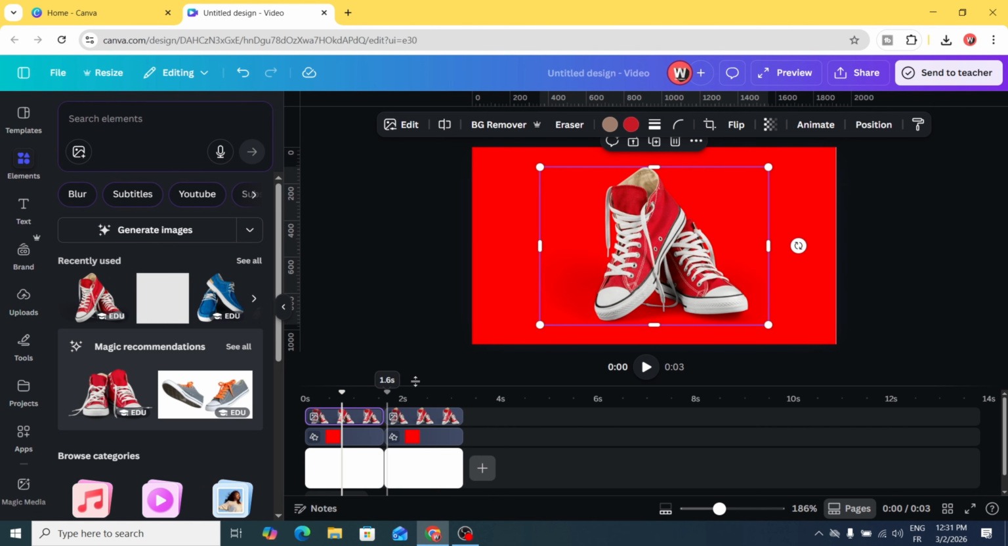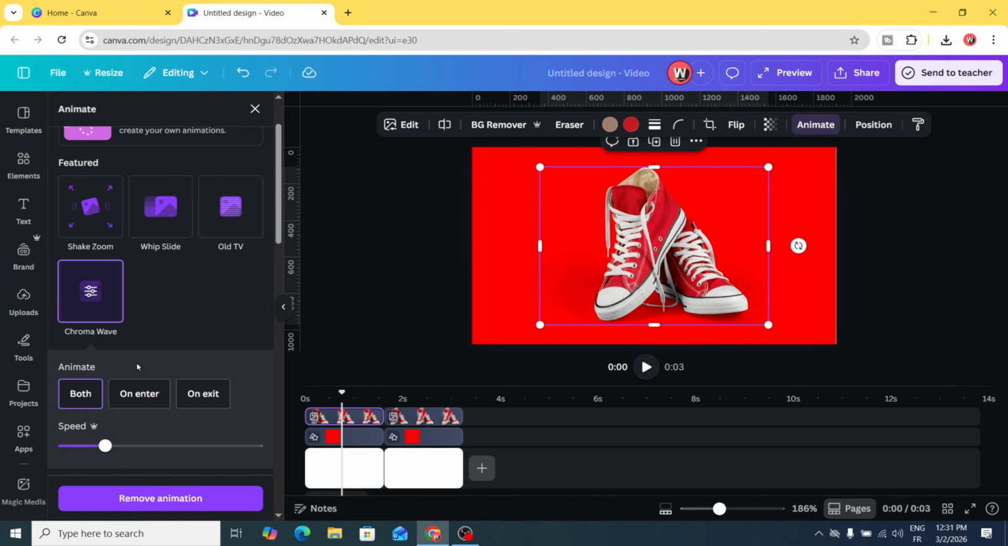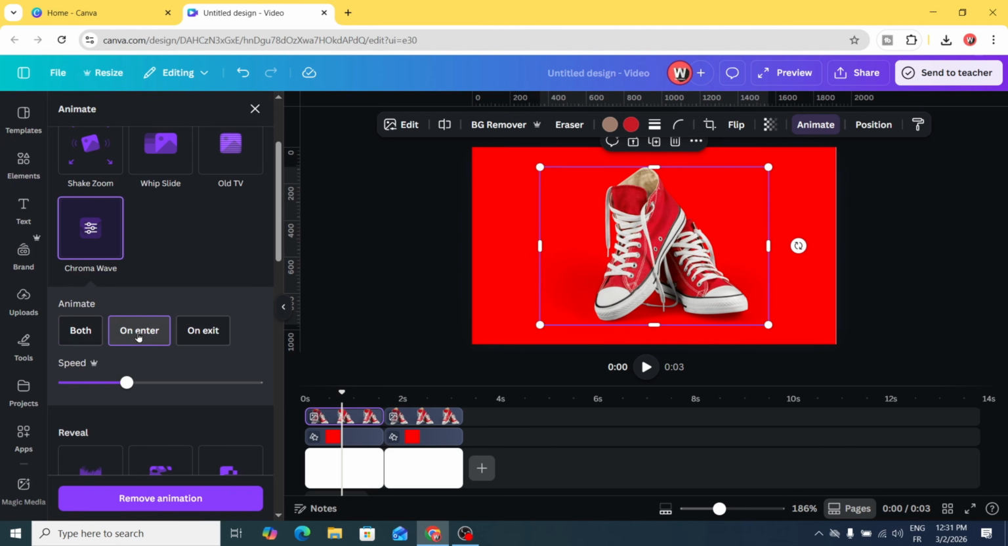Click on the first page and choose this image, animate with chroma wave. Click on enter. Decrease a little bit the speed and go to the second page